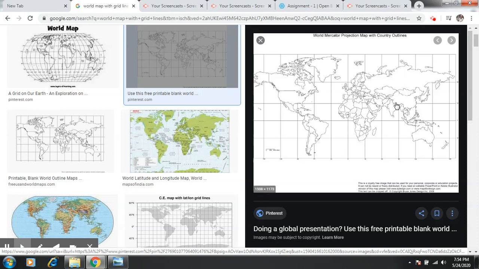For example, see here is India, and these are the grid lines which indicate the north of India. This is the grid north. For example, here is America, and these vertical lines indicate the north. This is grid north for America. Here is the north of America, here is the north of India, here is the north for Russia, here is the north for Australia.